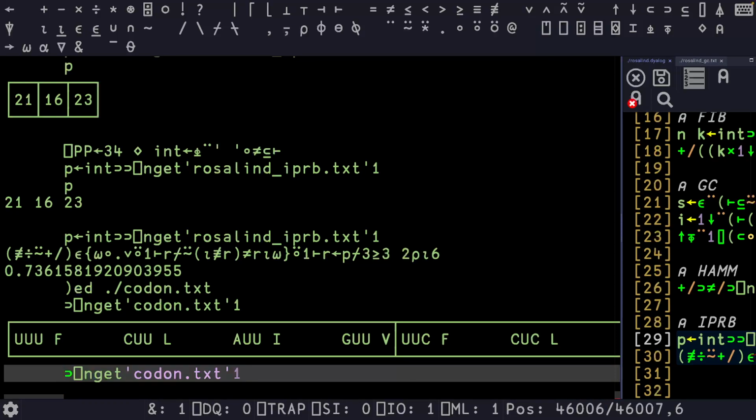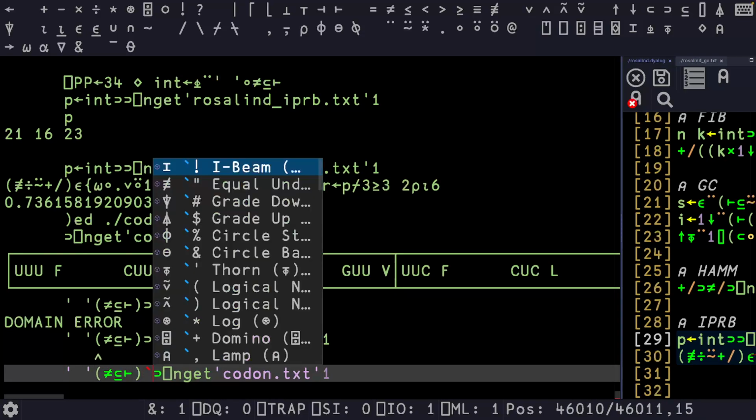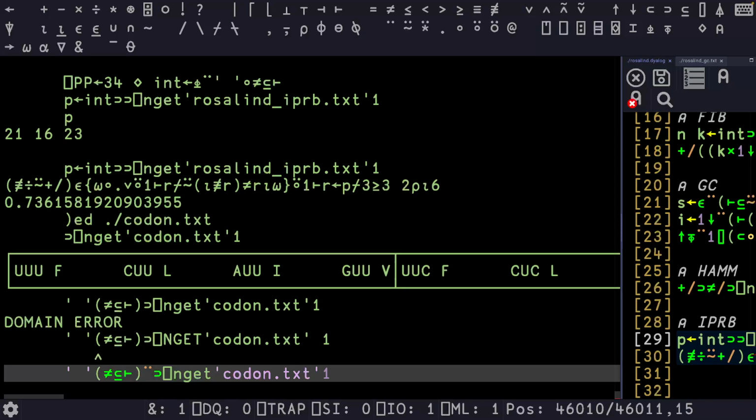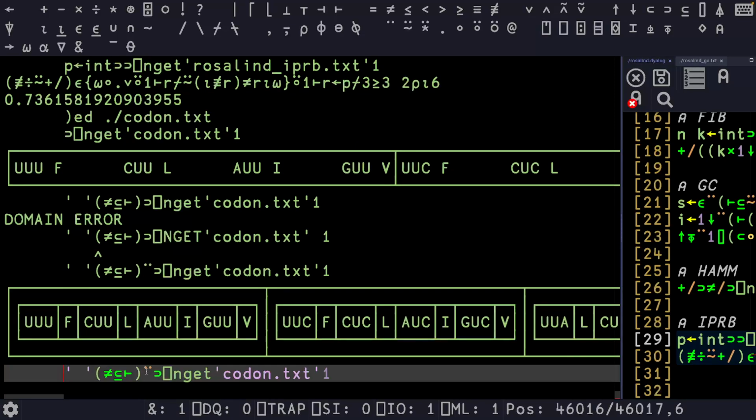And then we're going to run this on each one of these. And then actually for each one of these, we're also going to do